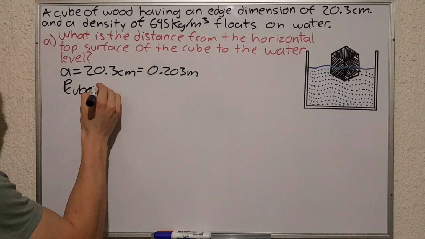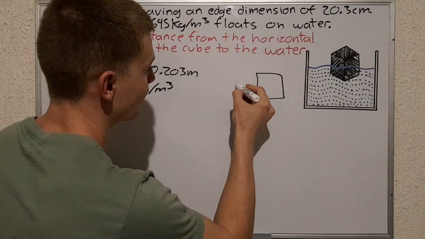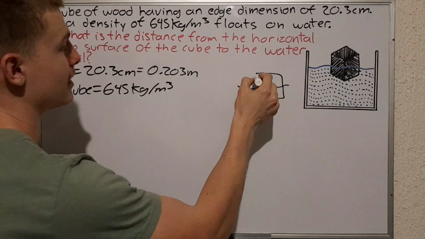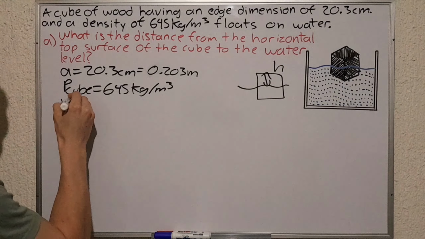So we've got that our cube, we're gonna simplify things a lot with this drawing. So this is our cube, and we've got water in here. And so we're gonna find this distance, and this distance we're gonna call H. And then we're gonna calculate the submerged volume, then we're gonna operate with the volume of the total cube and such. So for that, we've got now that the volume of the cube would be